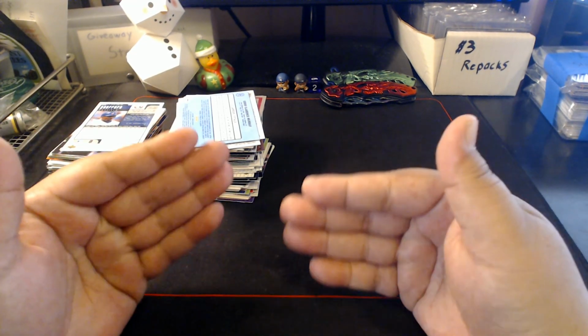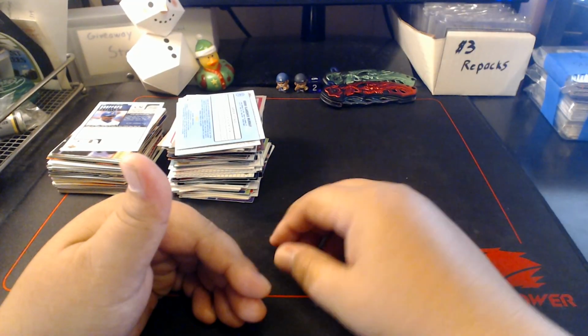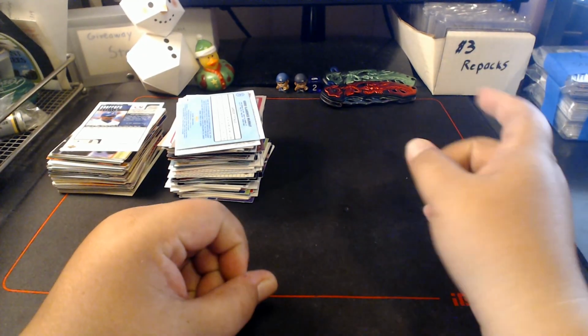It's just an ongoing thing. It never stops. It just keeps rolling on and on and on, rolls on top of itself as new sets are released, new cards are released. You're picking up stuff that you never had before. It's a never-ending process, but you gotta enjoy that. If you don't enjoy that, you may be in the wrong hobby, or you just may be collecting a little